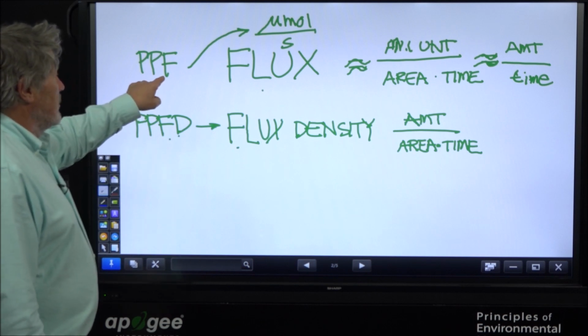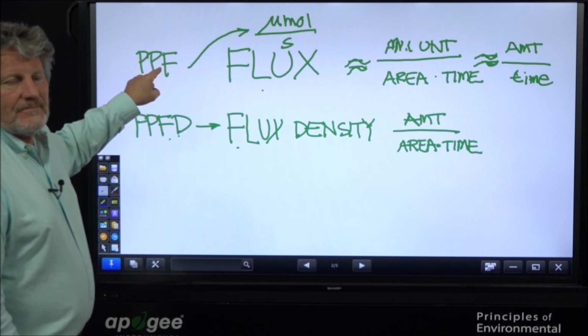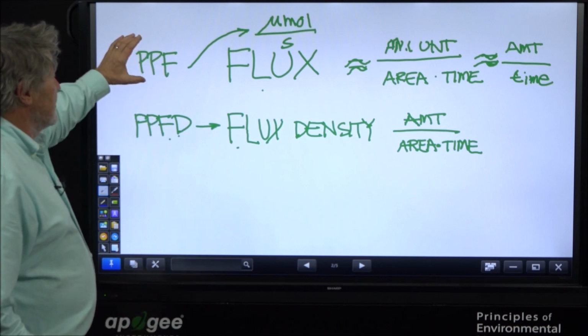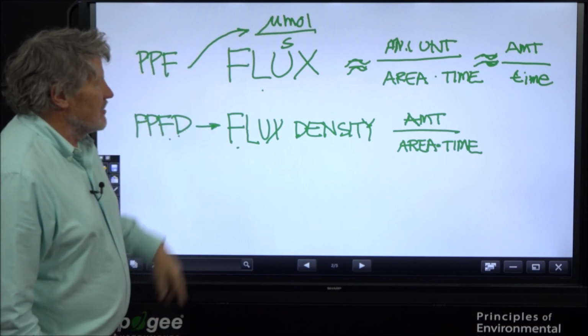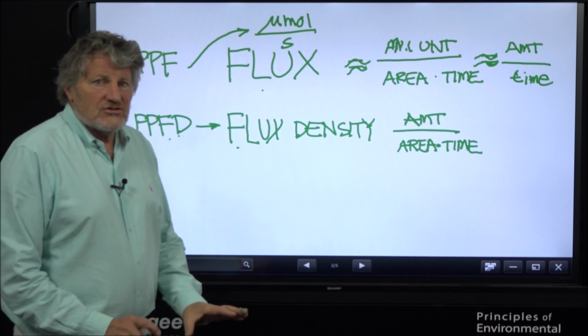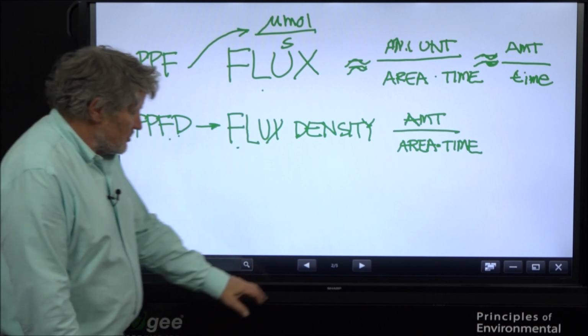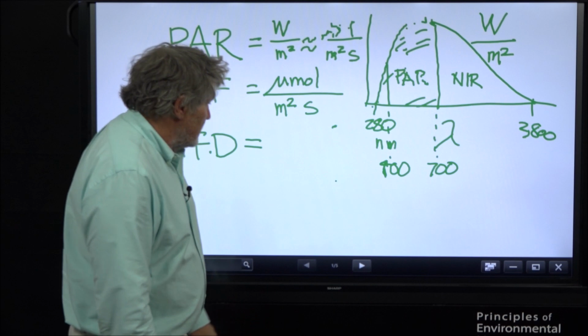So now we're starting to evolve a definition where this just means per second, no area in it. That's the difference between these terms. So if we go back to this,